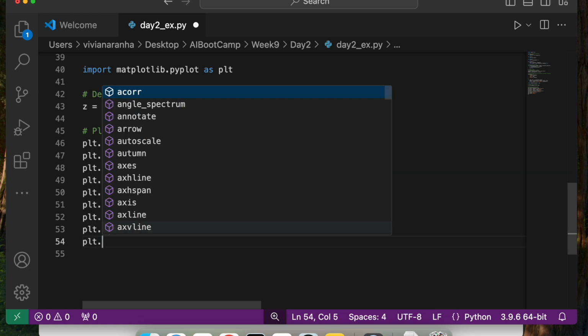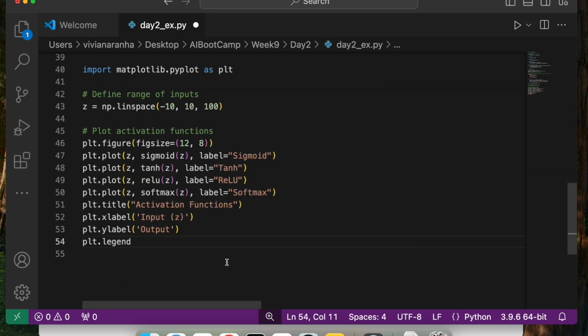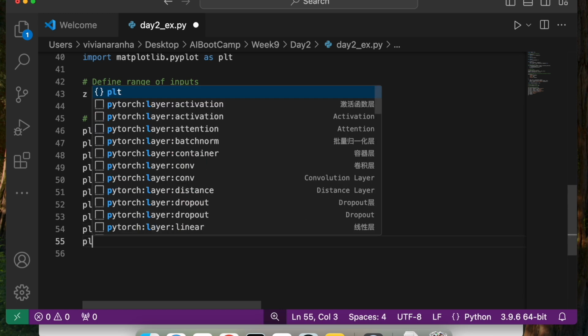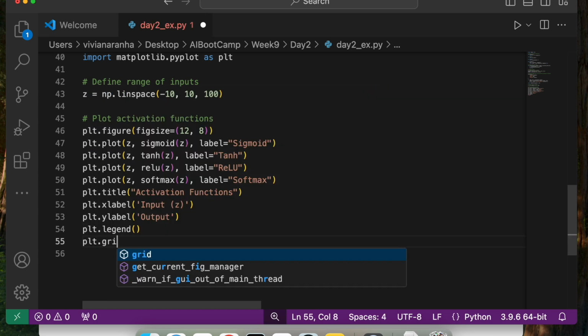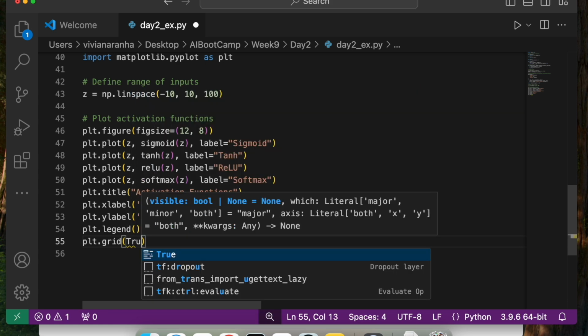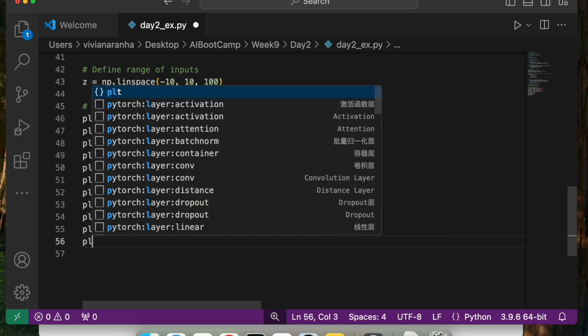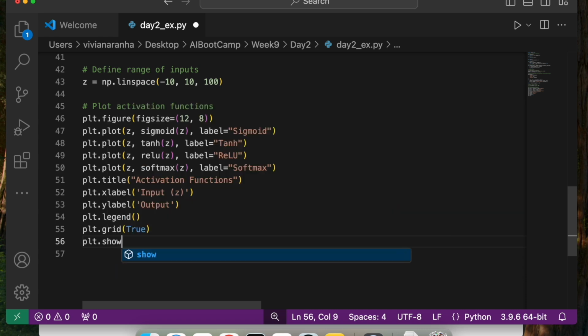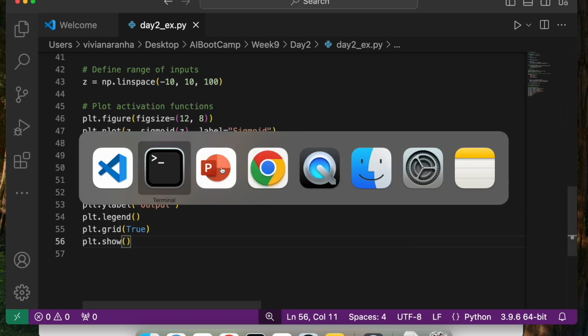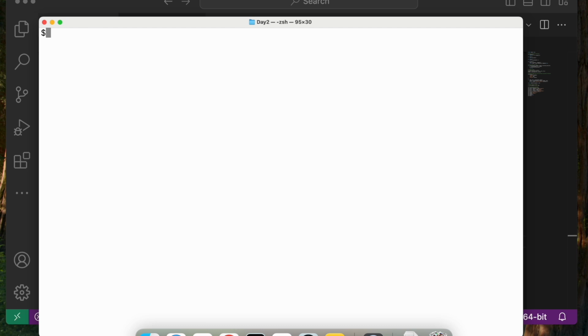Next, I'll show the legend because I've given labels to everyone. You want to see a grid, I can also display a grid, so set it to true, and finally show the plot. So save it. Now I'm going to go ahead, clear it out and run it.